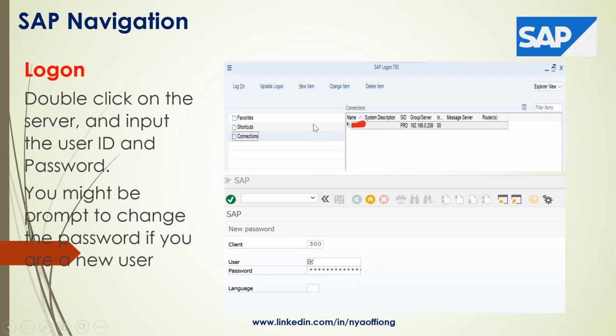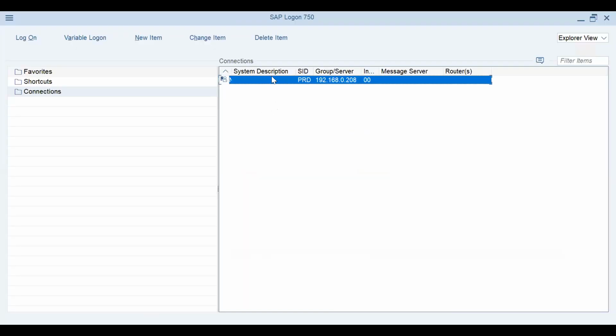Okay, let me demonstrate that here. So this is the server. When you double click on it, it takes you to this screen. Now, can you see this? We have the clients.